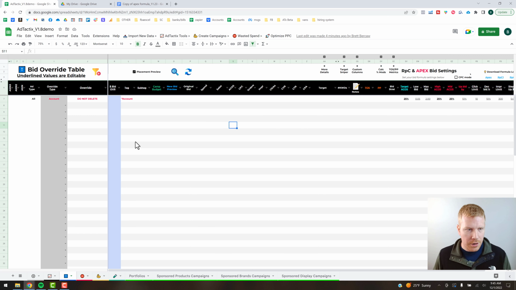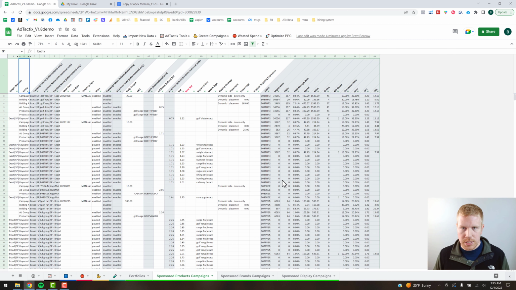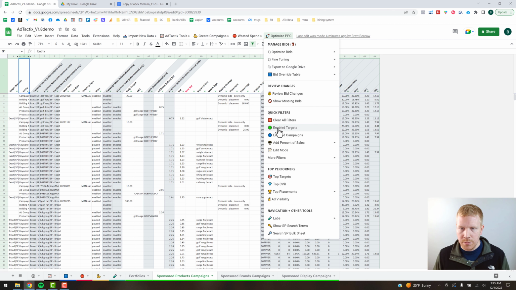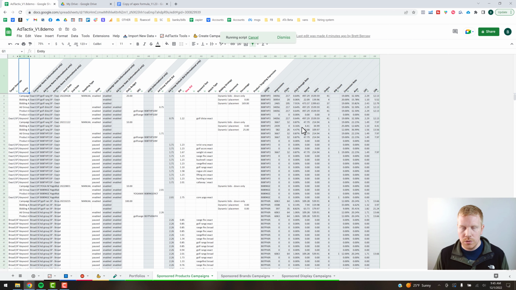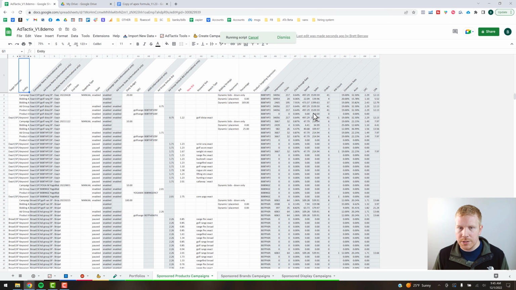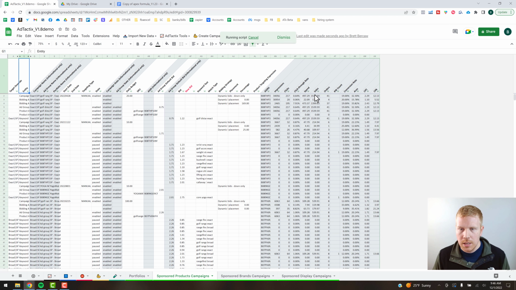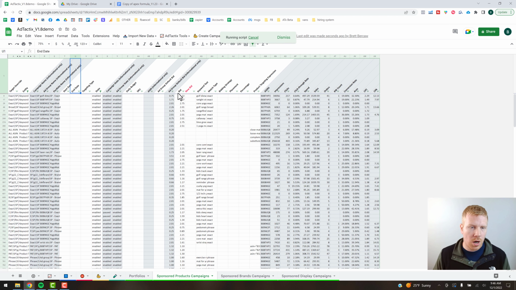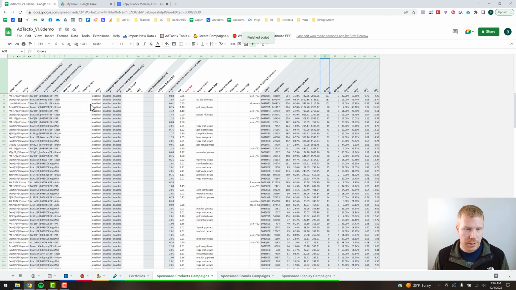All right, so how to use this. What I recommend is buzzing through each of these three sheets when we first start out and clicking enabled targets here from the optimize PPC menu. Depending on which sheet you're on, we're on sponsored products right now, it's going to quickly filter this. It's going to pull out anything that's either paused or archived at the target level. It's only going to show us the target level rows,